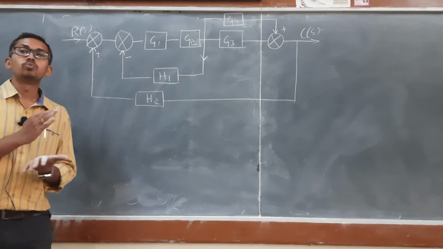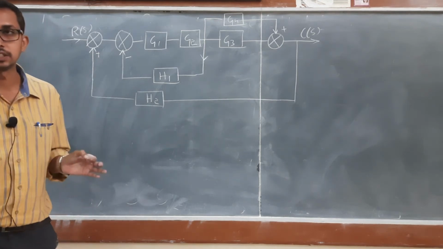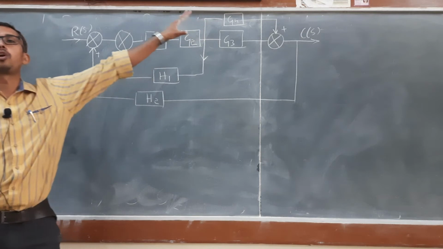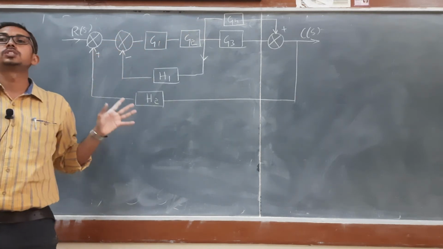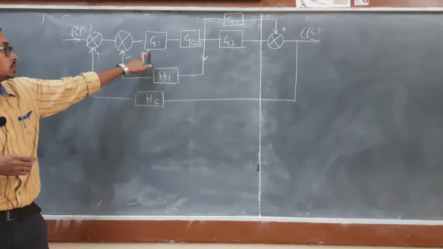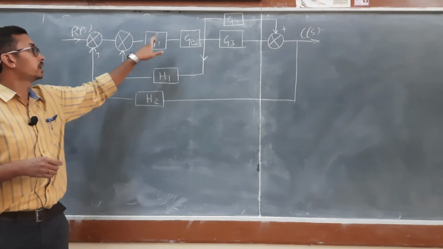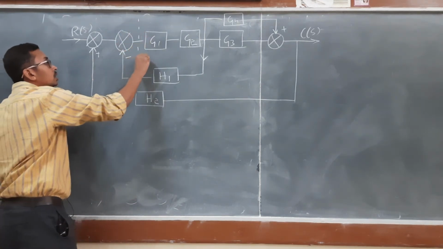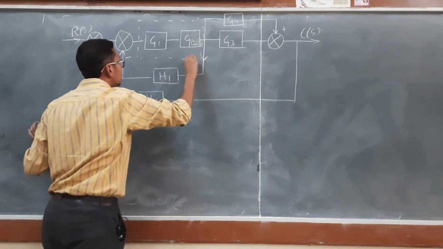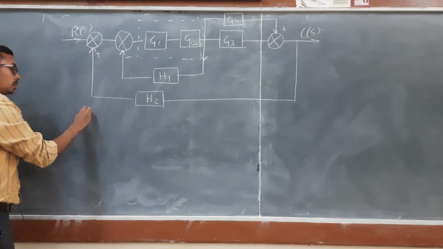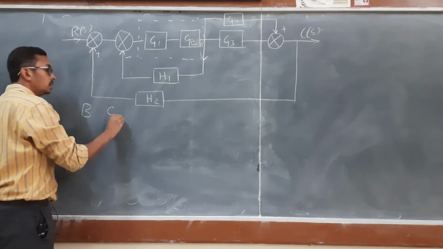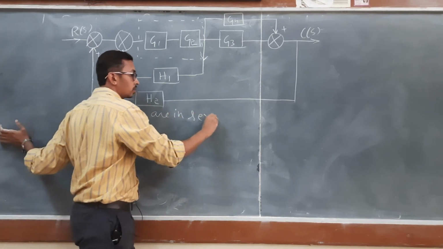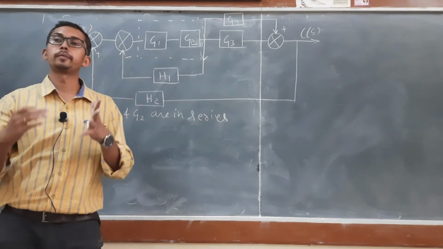Identify whether any blocks are in series. That is the first step, or procedure number 1. So you have to identify in this block diagram whether there are any blocks which are in series. So here G1 and G2 are in series. So we need to write it like this. We mention the dotted lines, and we write a statement over here: Block G1 and G2 are in series. Okay, so this is the first step I am going to apply.